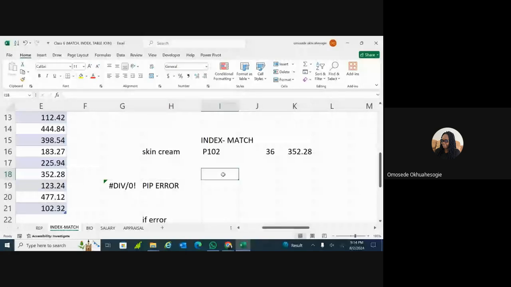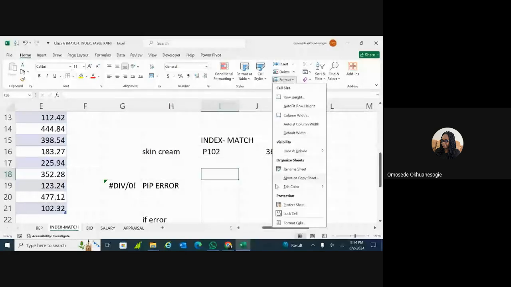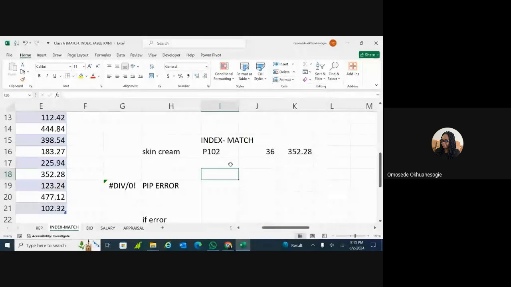So if you come here to protect sheet, it means pin the padlock on every cell on this sheet. You understand? So if there are some cells that you want your users to be able to access, to be able to change something on,